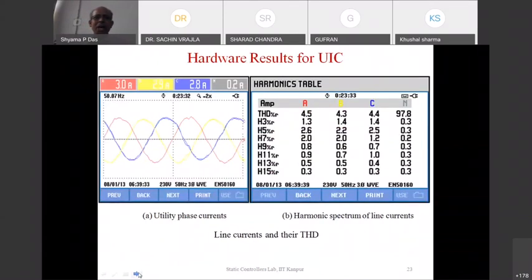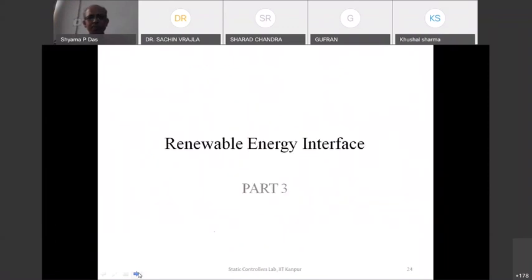Okay, so we have analyzed the currents for the total harmonic distortion. We have seen that the utility phase current has a total THD of around 4.5%, which is acceptable as per the IEEE standard. So we have the various sequence components. It means the utility side converter is working satisfactorily. We are drawing current, but the current doesn't have much harmonics. The total harmonic distortion in each phase is less than 5%. This we have seen from a power quality analyzer. Next slide, please.